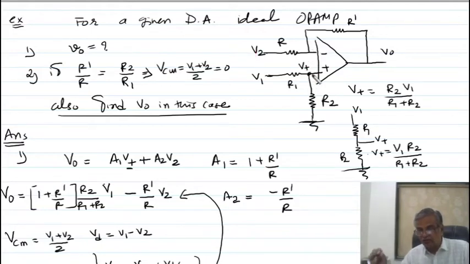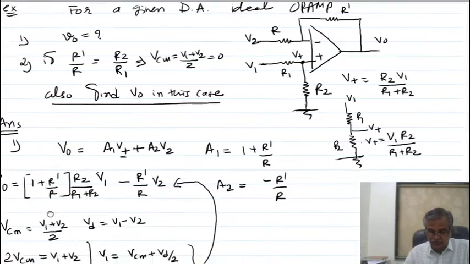So I have calculated V plus, already know that. So that value I have kept here, V plus here. What is A1? Gain of the non-inverting amplifier. This is given the non-inverting terminal. What is the gain of the non-inverting amplifier? 1 plus R dash by R. So that I have kept here. A2. What is A2? Gain of the inverting amplifier. When this is grounded, then this circuit is an inverting amplifier. So the gain of the inverting amplifier is minus R dash by R, that I have written. Now we know this.